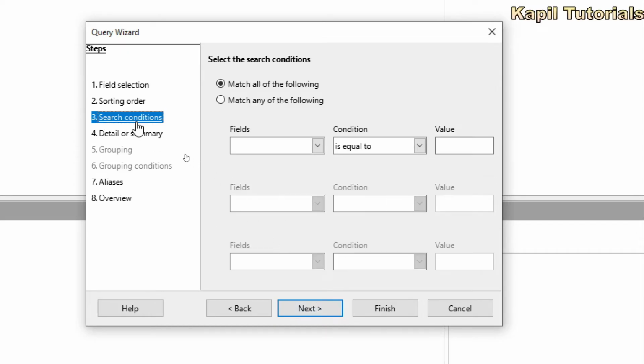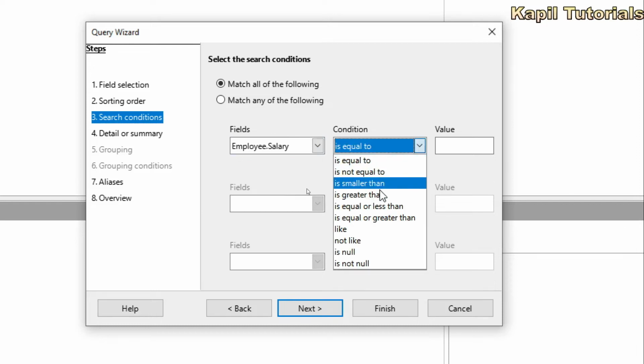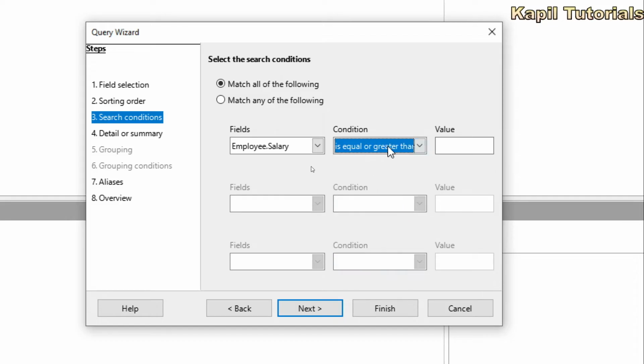Then search conditions. That means why I'm making this query. So match all the following. Certain conditions I have to set. What conditions? I could set like employee's salary. Now here is the condition: is equal to, or is greater than, is equal or greater than. Suppose I'm selecting this condition,